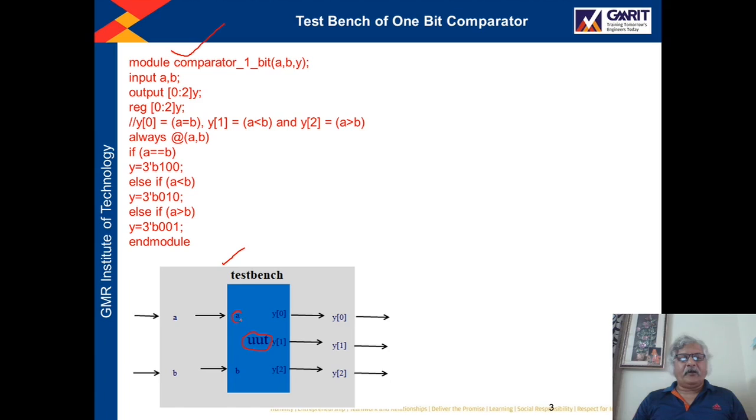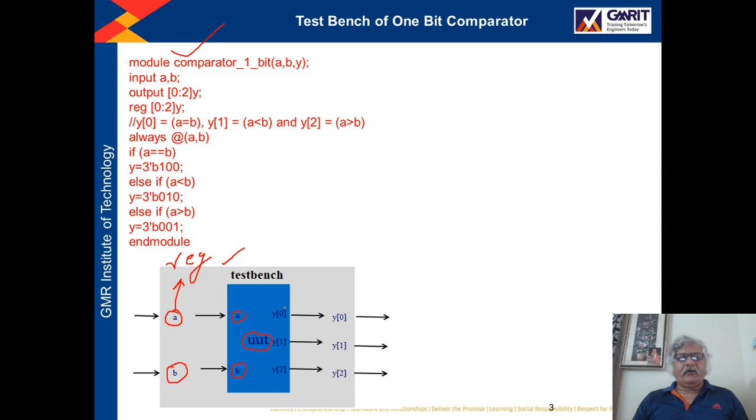It has input A and input B. These are the ports, and these ports are associated with the ports of the test bench named A and B. The same names we have taken. So the test bench ports A and B should be declared as reg type.